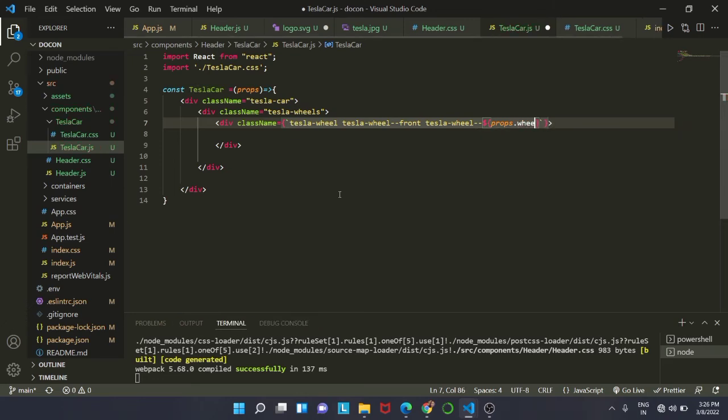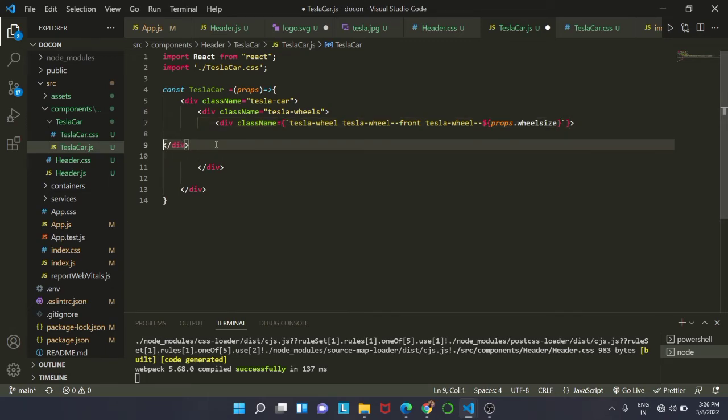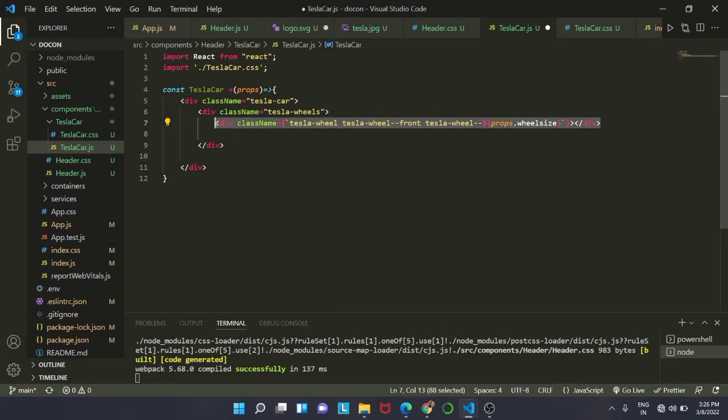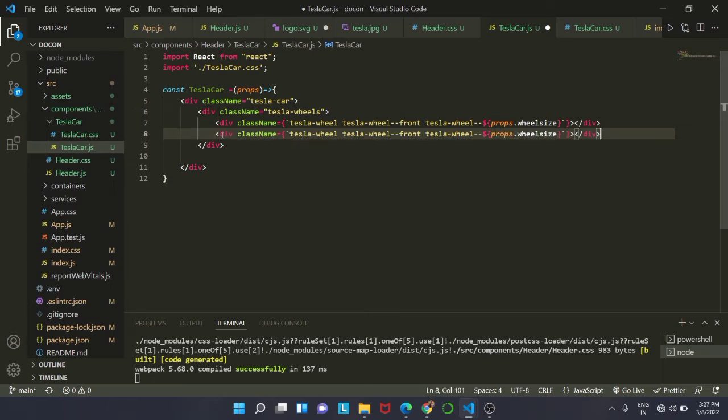So props.wheelSize. So this is for the front wheel, and for the next we will just copy, and instead of front we are just going to replace that with rear. So instead of front we will write rear, and that's it for the const. After this,